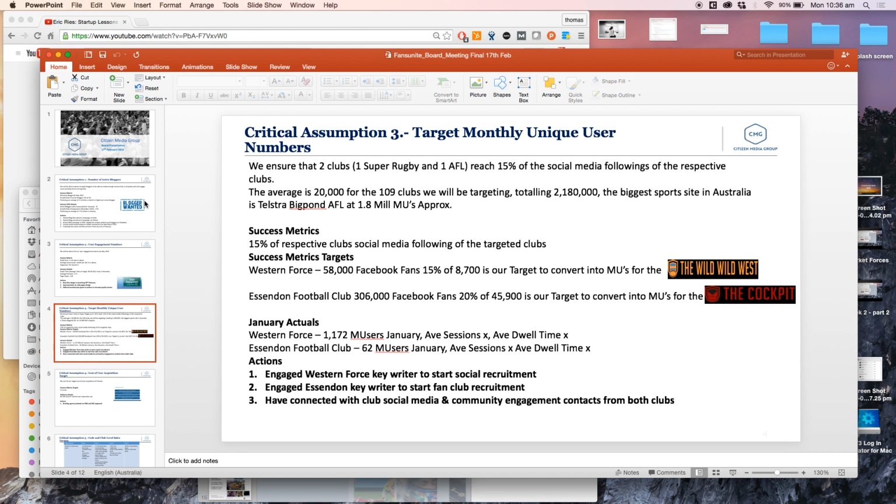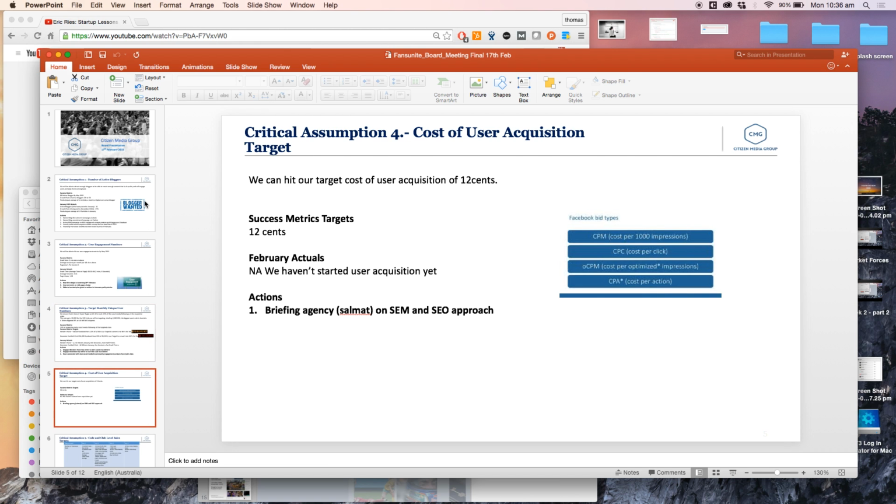The next one was target monthly unique users. After engagement, we said we wanted to have a certain number of millions of users on the site after a certain amount of time. The next one was cost of acquisition. So there was a cost that we were actually